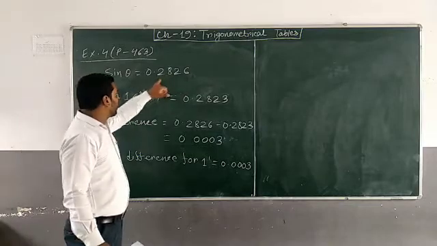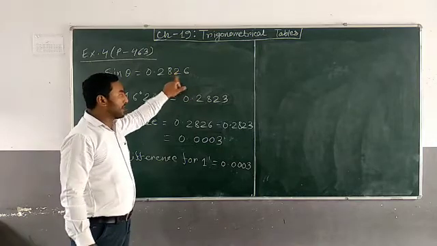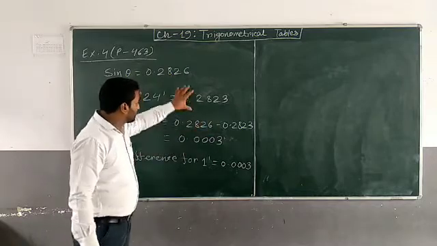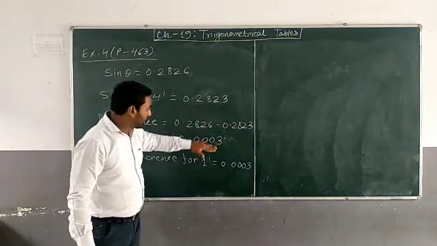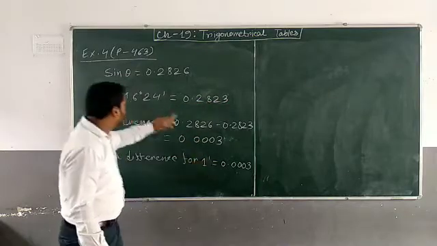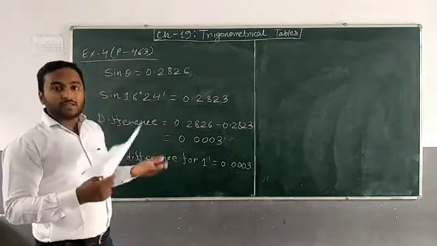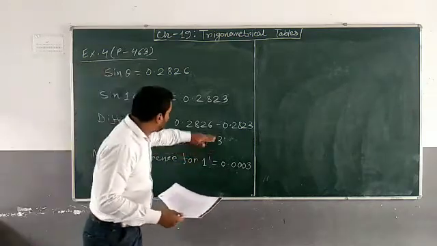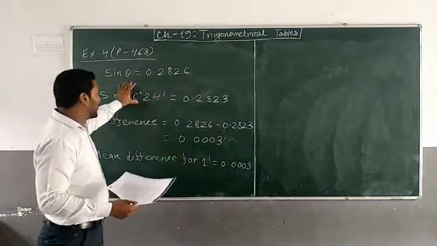So first of all, we have written what is given. Then we have found the angle for the value nearest preceding this value. Then we calculated the difference. For this value the angle is already calculated, so you have to add this here. For sine we know that if the angle increases, the value will increase. So this 1 minute you have to add here, then you will get the angle.